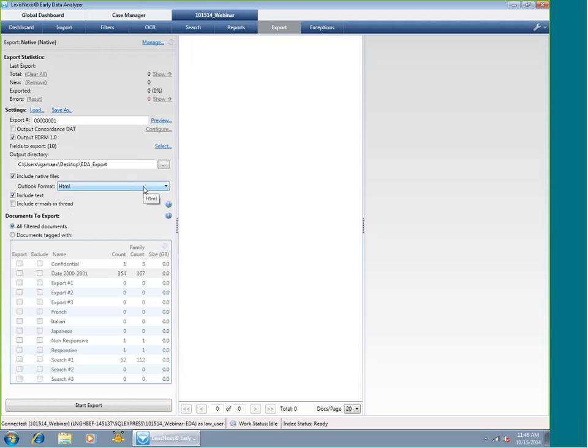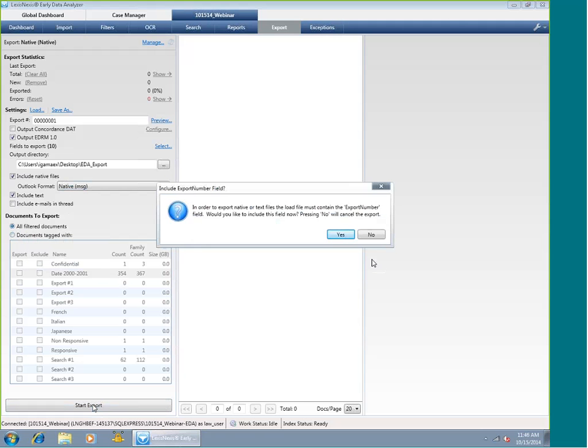And we'll go ahead and create that output for you rather than the .msgs. We'll do .msgs for this particular export. And then under documents to export, it's the same concept. We're going to base everything on the export either on what we've filtered, which this time I could hit